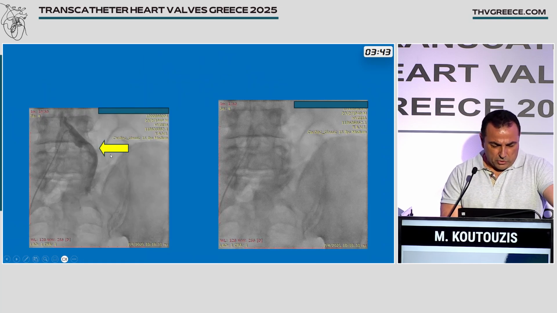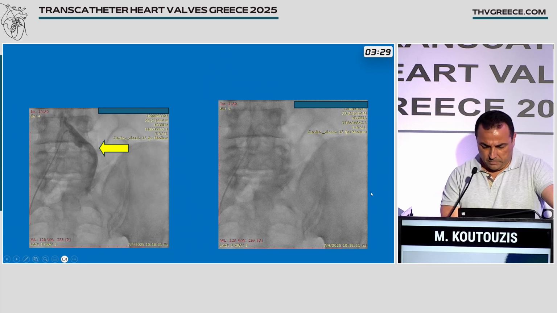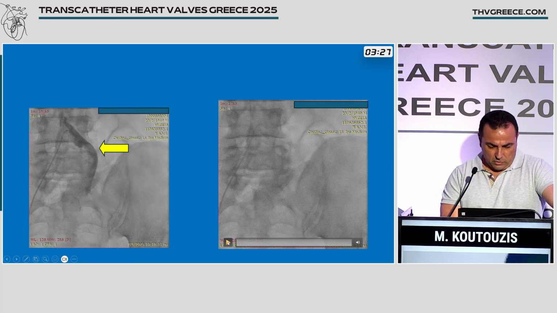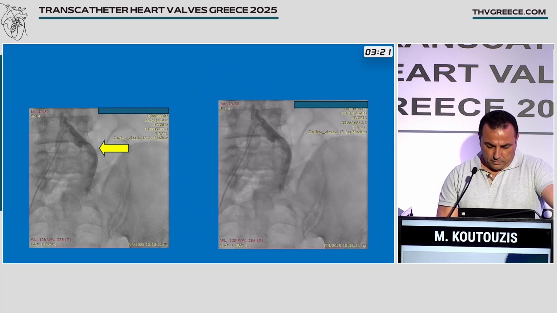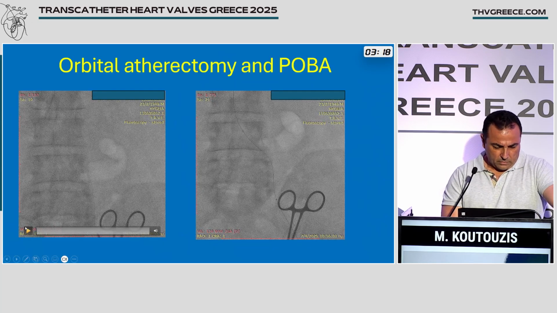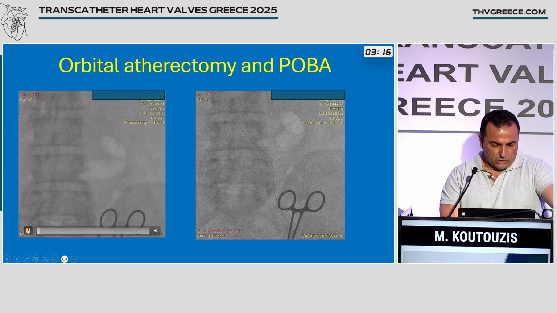You see here a picture. The lumen that we had is this narrow, dark line. The calcium is all this behind the artery. And you see it here in this video also. You can see it better, I think. So what we did